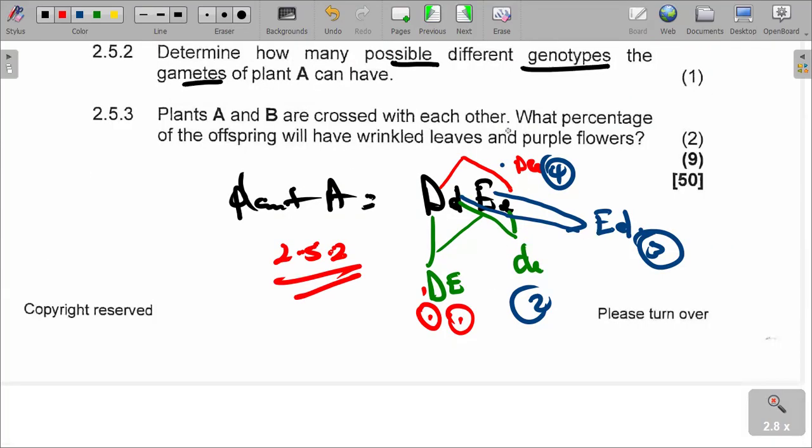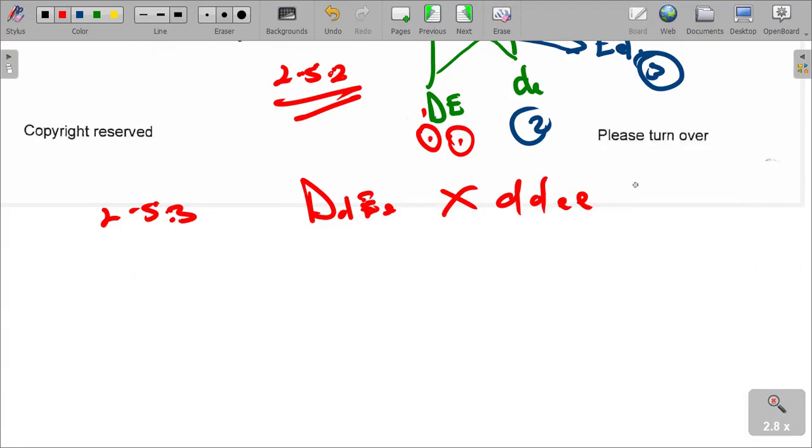Plant A is crossed with plant B. Plant A, we said it is DdEe, and then we are saying it is crossed. This is 2.5.3. It is crossed with what? With DDEE. So now if they are crossed,